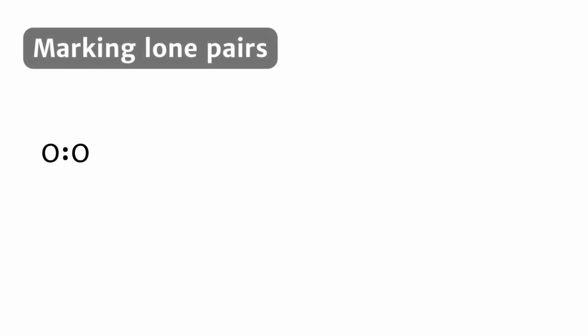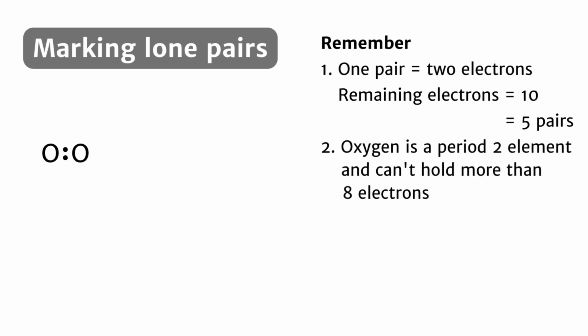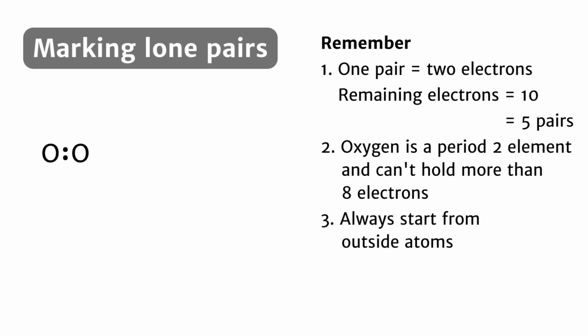Lone pairs consist of electron pairs not used in chemical bonding, and remember that each pair comprises 2 electrons. With 10 remaining electrons, we can make 5 electron pairs and mark them on the structure as lone pairs. Next, it's important to note that oxygen is a period 2 element and cannot keep more than 8 electrons in its valence shell. Also, remember to always start marking lone pairs first on the outside atoms and then on the